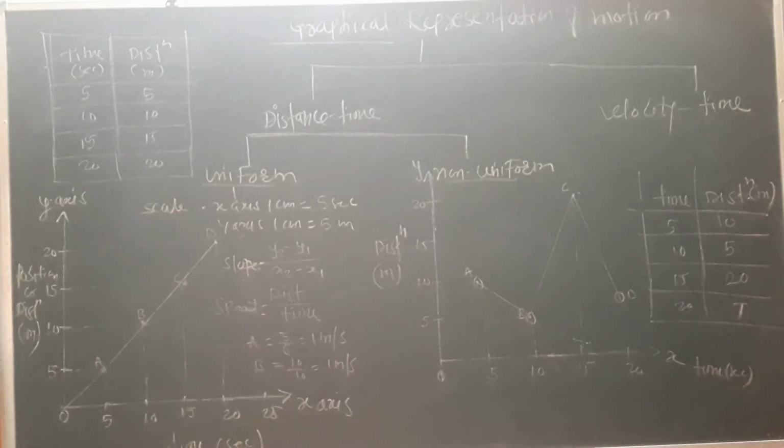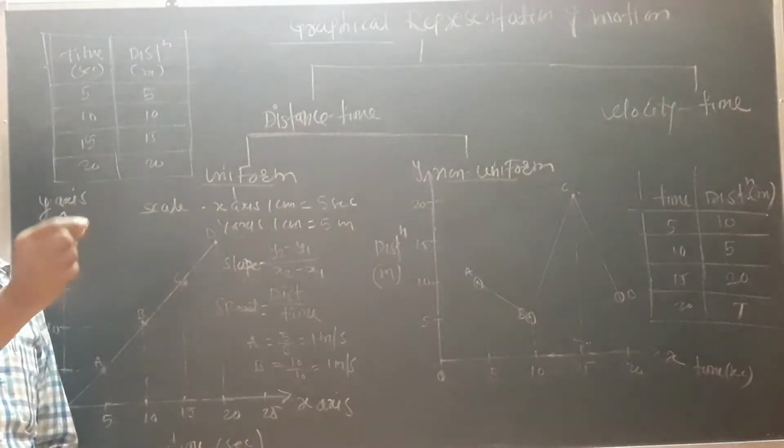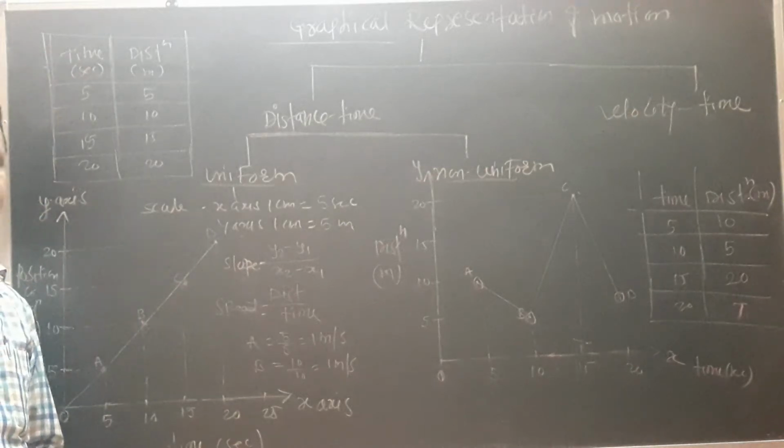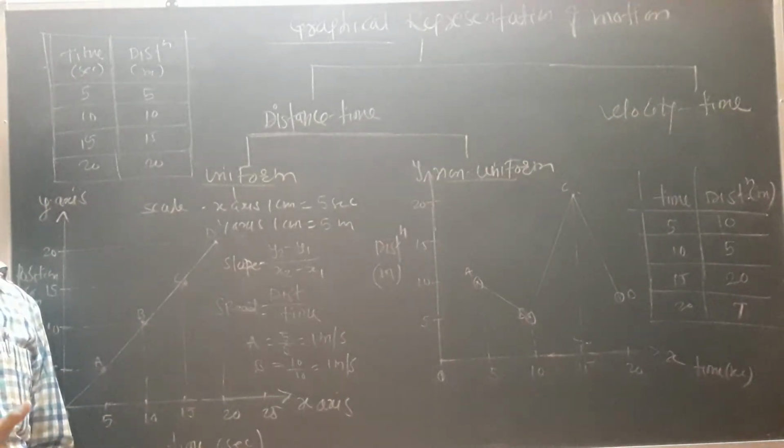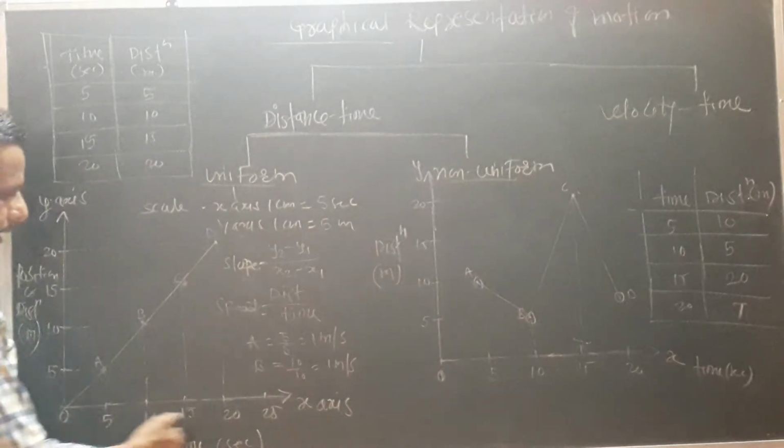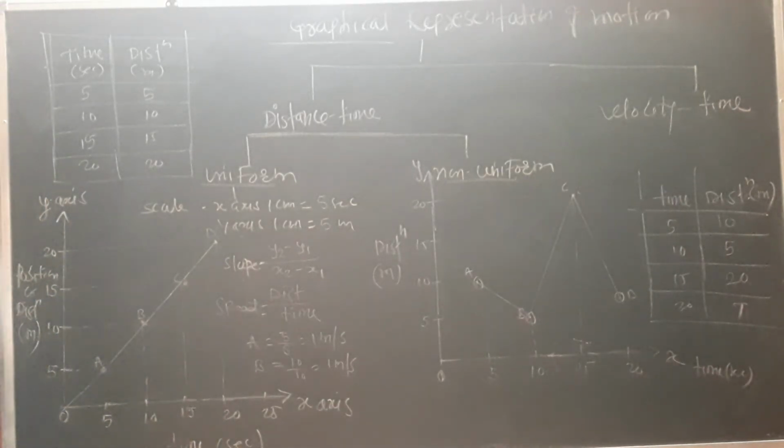For example, many times we use a graph instead of a theoretical description. In a live cricket match, you have seen a graph of what the score has been in each and every over. Even for the population of a country, they show the year and the population. So we can represent data in the form of a graph. Why use a graph? Because with the help of a graph we can interpret the result quickly. Instead of a theoretical description of data, the graph can talk easily as compared to your theoretical concept.